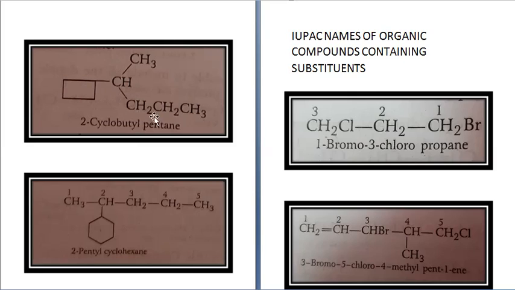Now in this case, you can see the numbering is here. You have one methyl group, and then this is CH3, CH2, CH2, CH3, that is the propyl group. So numbering will be 1, 2 and 3. So you get 1,2-dimethyl-3-propylcyclohexane. Okay.